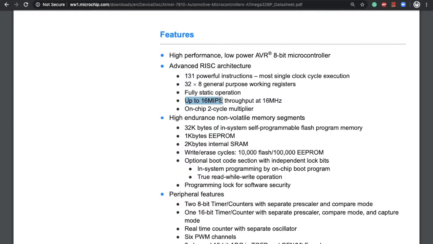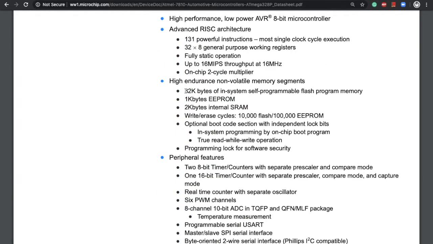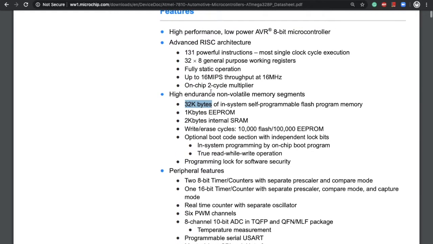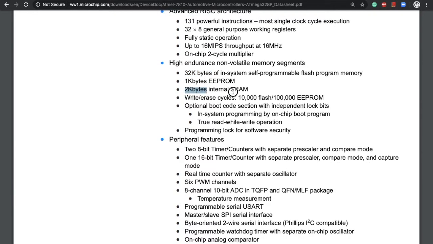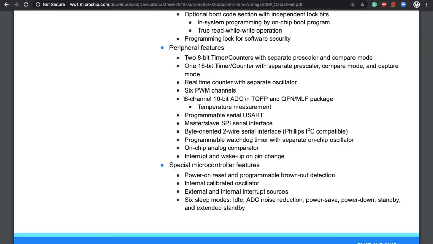MIPS stands for million instructions per second. So 16 million instructions per second with 16 megahertz basically tells you that each instruction is executed with one clock cycle. Each instruction normally varies, but most of them are executed with one clock cycle. Then 32 kilobytes of storage, as we saw above, and then 2 kilobytes of internal SRAM. Then lastly,